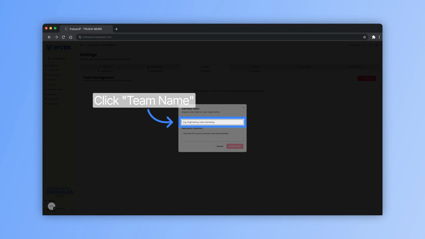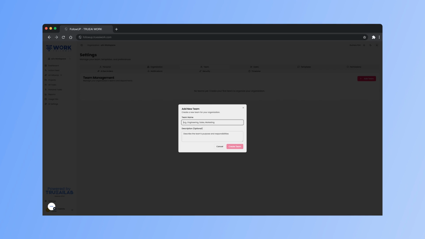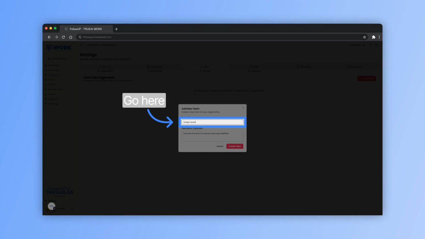Click the Team Name field to prepare for entering the name of your new team. Go to the area where you can input the team name to identify your team clearly. Enter your team name to label the group. For example, Design Spark. Go to the section where you can add an optional description to provide more details about